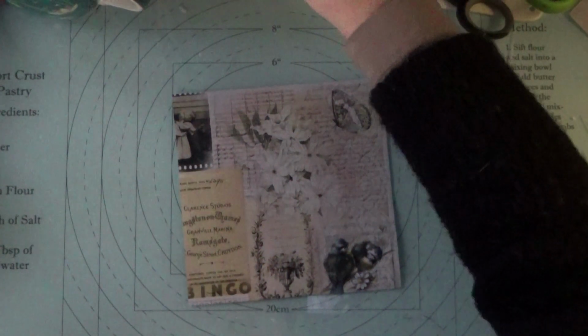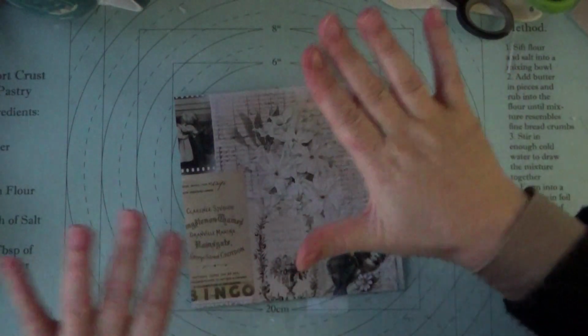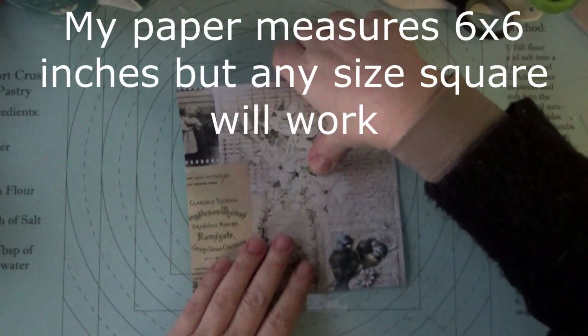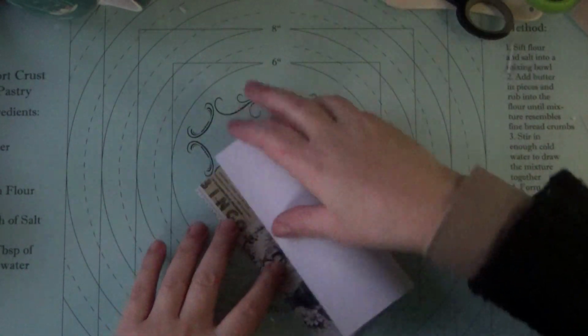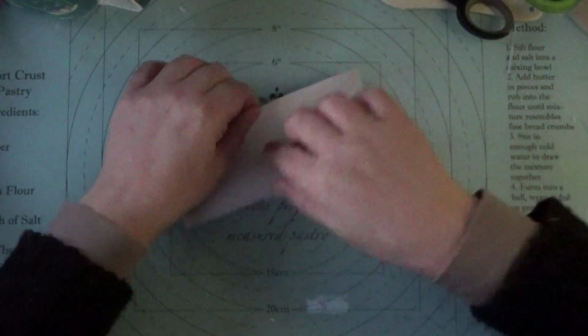So I'm going to go and show you how I'm doing that. And the first thing we're going to do, we're going to take our paper front side up. This is a piece from Rach and Bella's spring kit, the, what is it? Snowdrop and Blossom spring kit, and our group in the event decided that we were going to use the kit for our journals. So we're going to fold